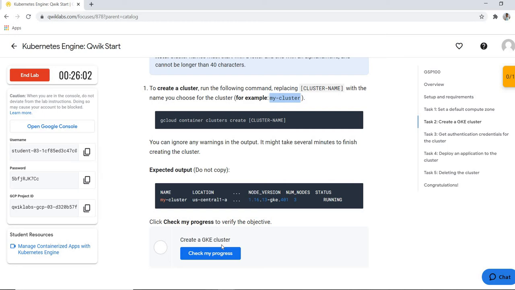First of all, what is Kubernetes Engine? As an overview, I'll tell you what Kubernetes Engine does for you in the cloud. Kubernetes is an orchestration tool in the cloud. When we have lots of servers and lots of applications running on the cloud, we need a central management system so that we can easily configure and manage our resources in the cloud. So we use Kubernetes Engine in that situation.